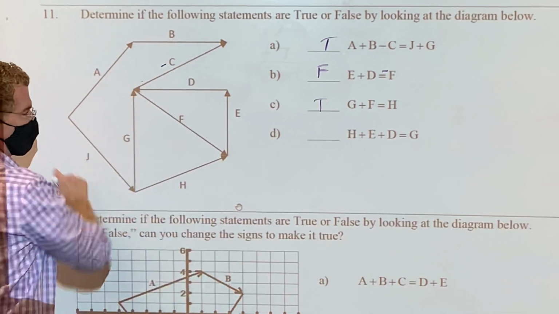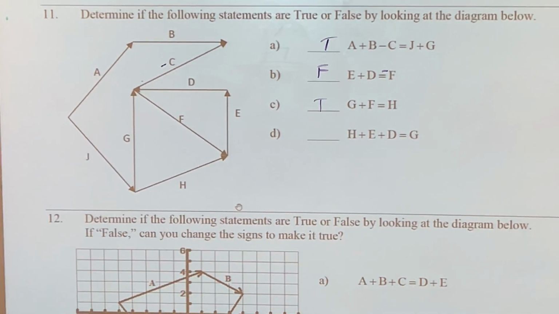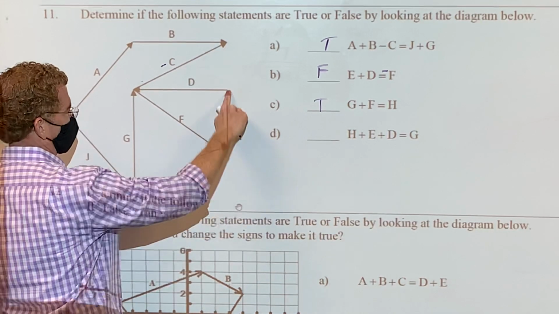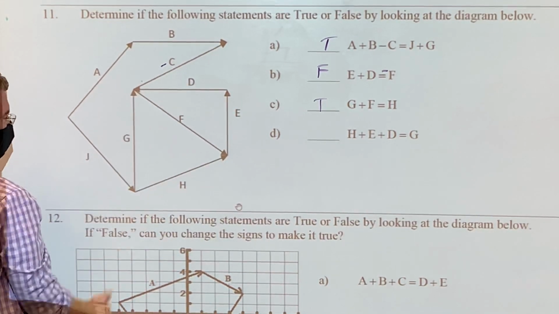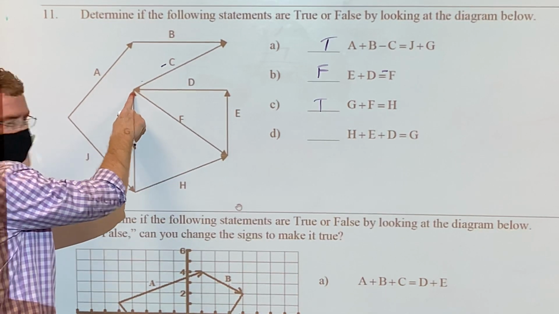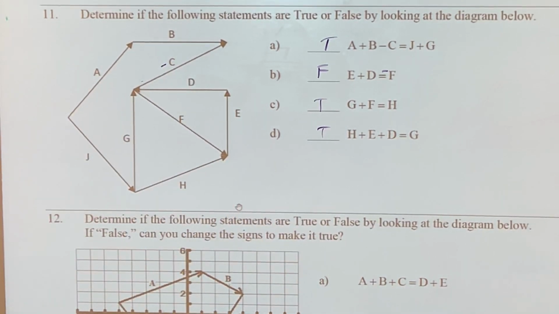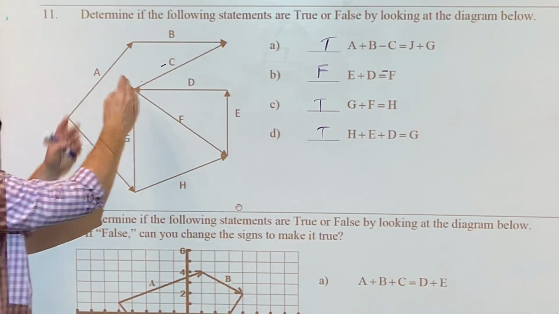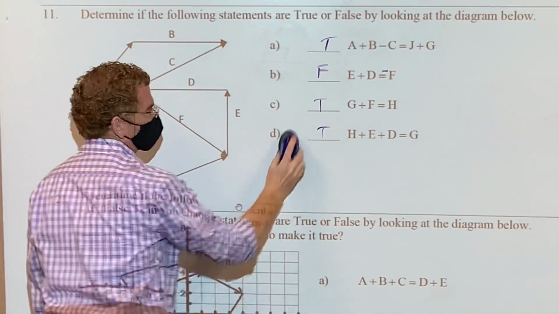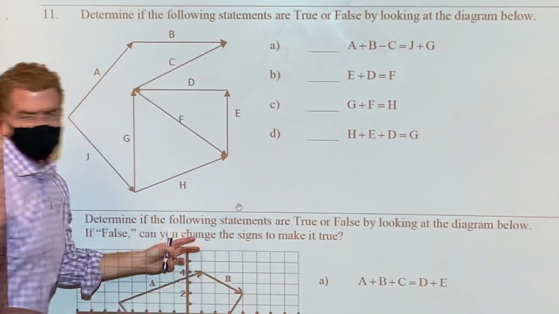And is H plus E plus D, here's H, here's E, there's D, is that equal to G? Yes. So I'm asking you, do you understand these things, and are you able to comprehend them? And this is totally an end-to-end method, not a parallelogram method thing at all. Now in this last one,